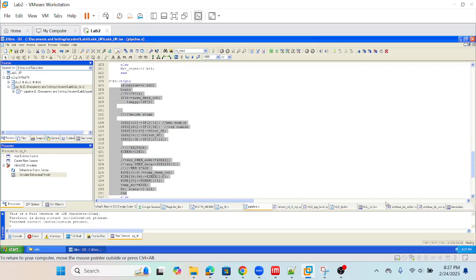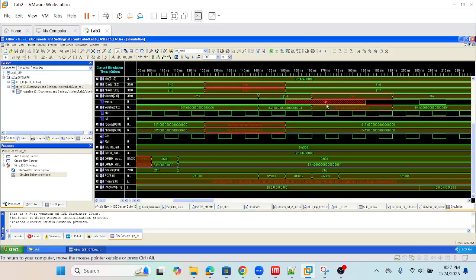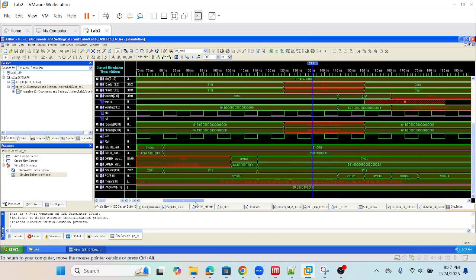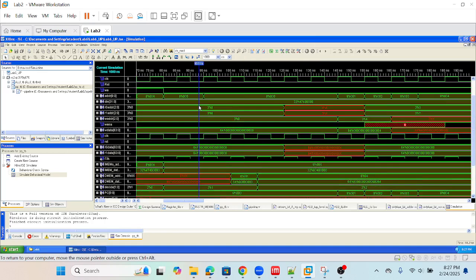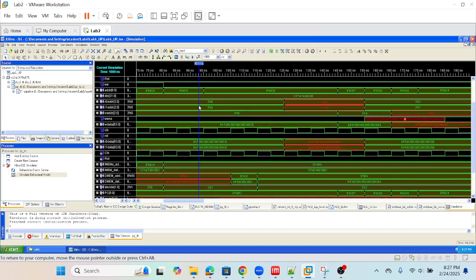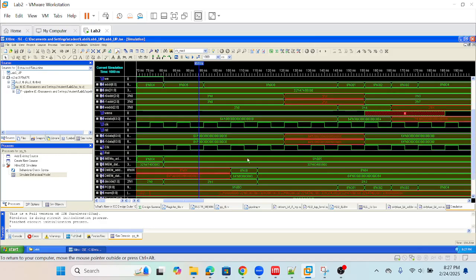If we see here, as the PC goes, first PC is given as 0. We know that the PC is the address which will be pointed to the instruction memory, and the instruction will get fetched, right? So first, as PC equals 0, you can see that this particular data is